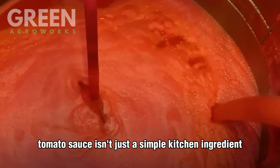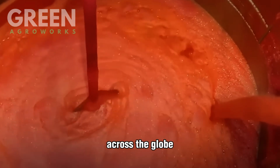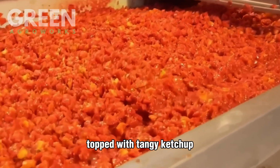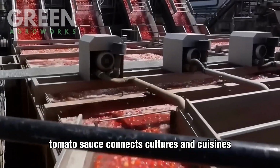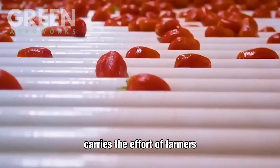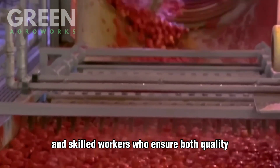Tomato sauce isn't just a simple kitchen ingredient, it's the foundation of countless meals across the globe. From American backyard barbecues topped with tangy ketchup to Italian pastas drenched in hearty marinara, tomato sauce connects cultures and cuisines like no other ingredient. Every bottle on a store shelf carries the effort of farmers, advanced machines, and skilled workers who ensure both quality